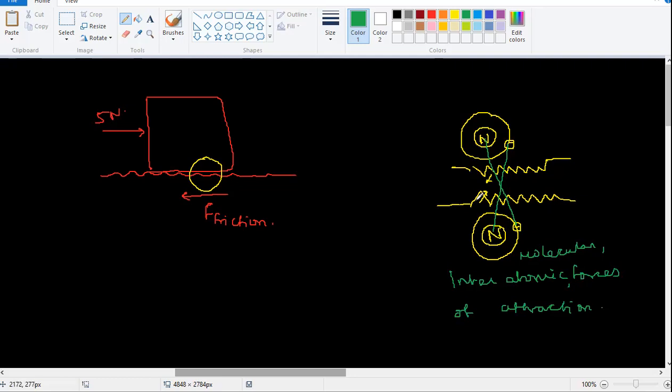So that means it's not only the mechanical explanation which we are usually aware of. It's also, why should it stick together? Because this nucleus is attracting this minus. This nucleus is attracting this minus. And that's what we call interatomic force of attraction. It's also a reason for friction. So when I apply a force here, this is still pulling it backwards. So there is some kind of a force this way. This is your 5 Newton which I am applying. This is your friction here.